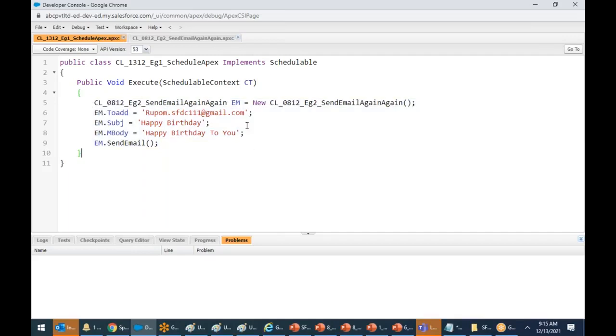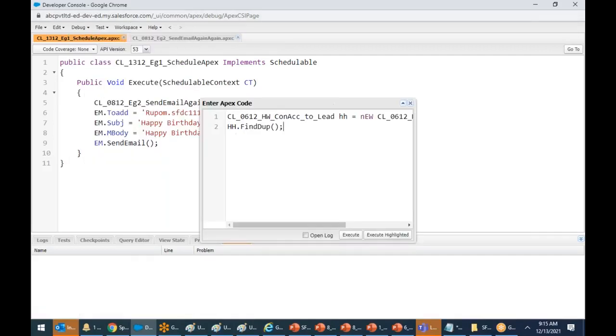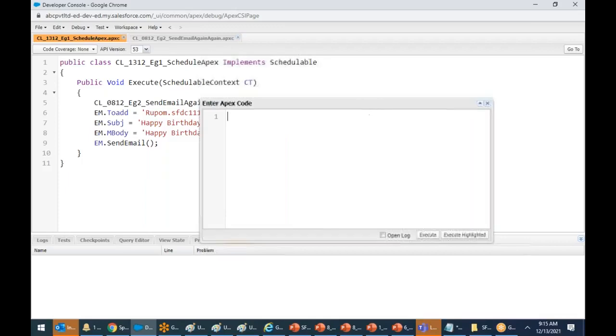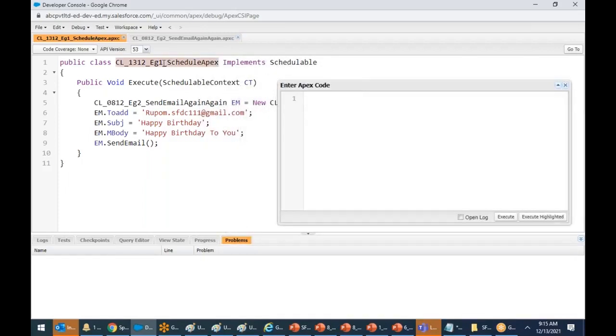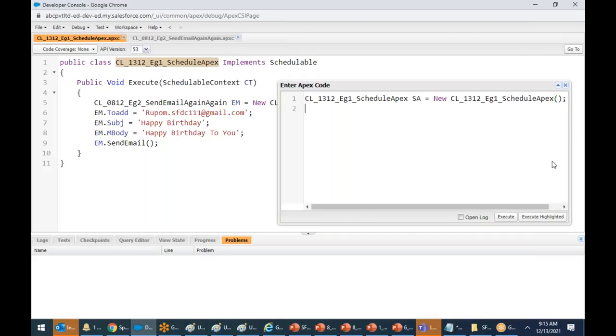Done. Debug. Keep watching. Right? How to execute a schedule apex. Class name, schedule apex equals to new class. See, everywhere I'm initializing. Right? Now, string CRN EXP, string CRN